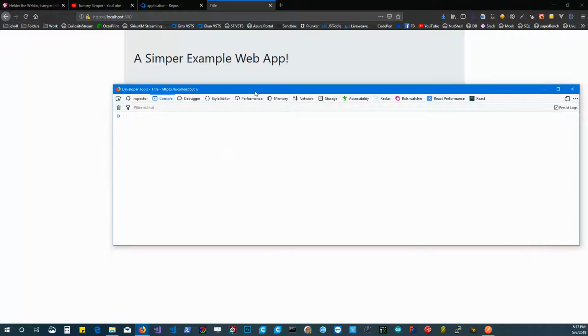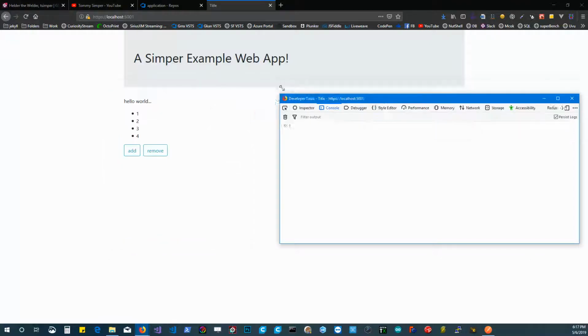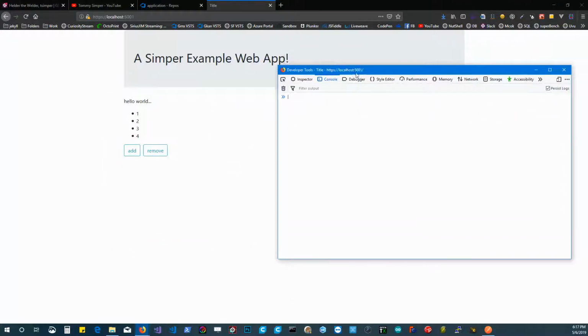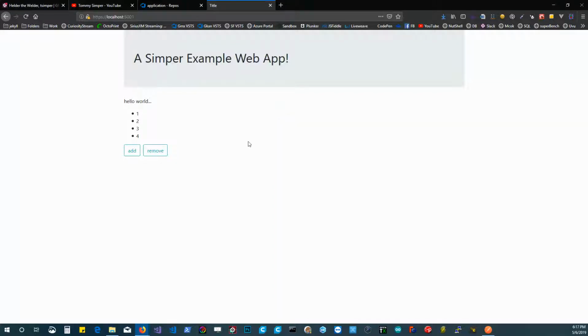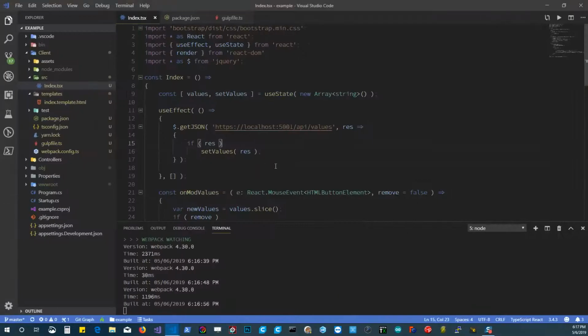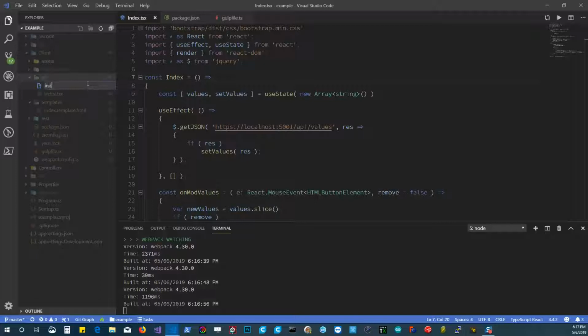So now we're back to kind of where we were at the beginning, but we've got a much more rich configuration that's going to allow this web app to scale, you know, pretty easily, in my opinion. So, and we're using React. It's going to be extremely easy to update the versions and stuff like that of your modules. So now let me show you an example of adding, let's add